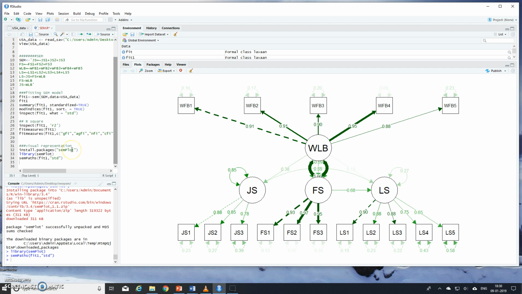You can also perform invariance testing and other complex model analysis using this particular package. And based on the modification indices values, you can also tweak your model a little bit. For example, if my modification indices values are suggesting that I remove the work-life balance to life satisfaction path, I can remove that, to make sure that your theoretical model is fitting well with the data. At the same time, you should not go against your theory. Thank you.